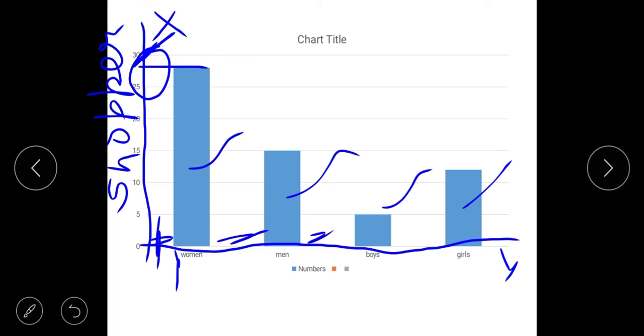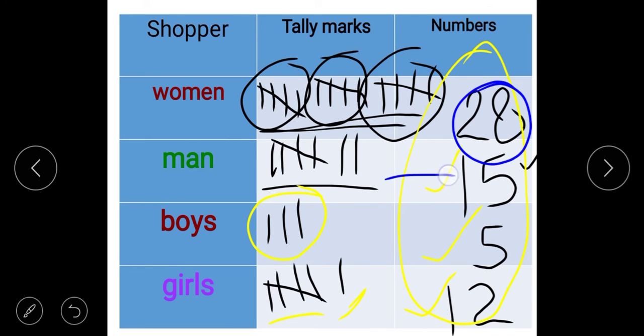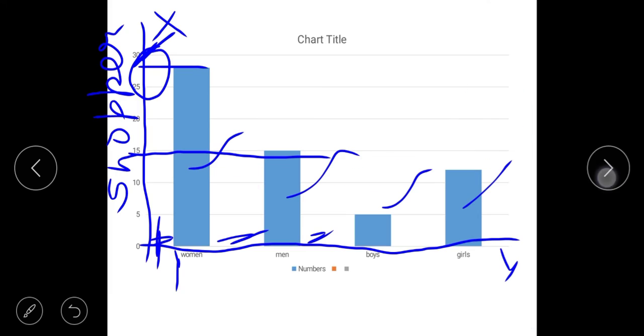Then the second is men. For men we have 15 directly. If you see the table, for men it is 15. So make a bar up to 15. This is 15.